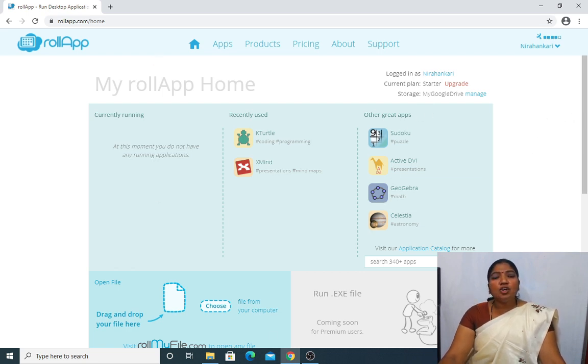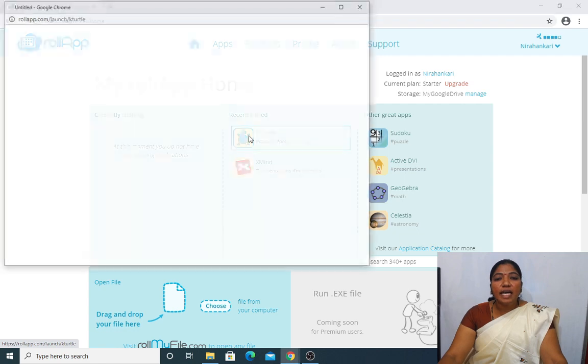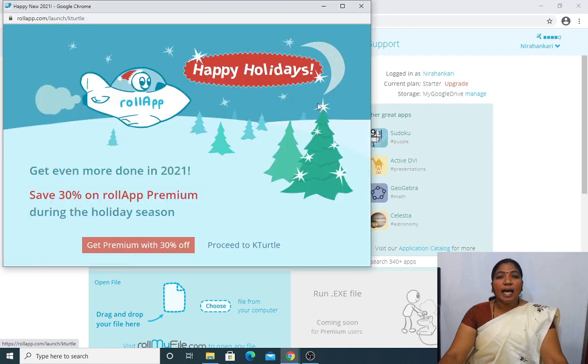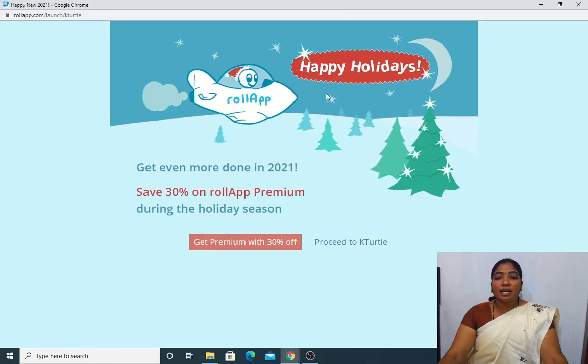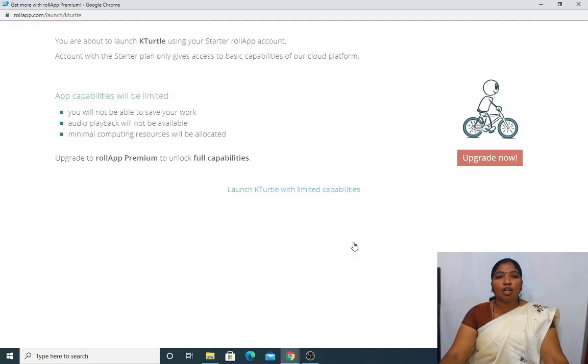As soon as you enter a username and a password, you will have KTurtle coding programming. Just click on recently used, that is KTurtle. As soon as you click on KTurtle, you will get proceed to KTurtle. Just click on that.